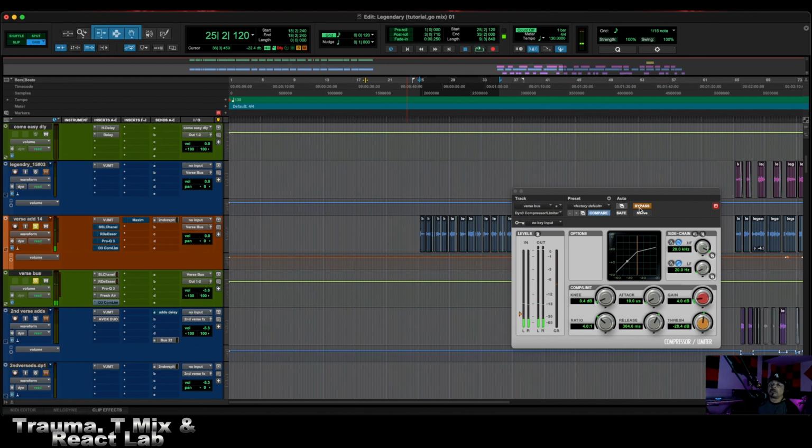All right. So that's bypass, right? That's without the compressor on. Now you hear how those loud parts of the vocals just every now and then they peak, they get loud in certain spots and it seems uneven. All right, so let's do it again and I'll bypass in and out.